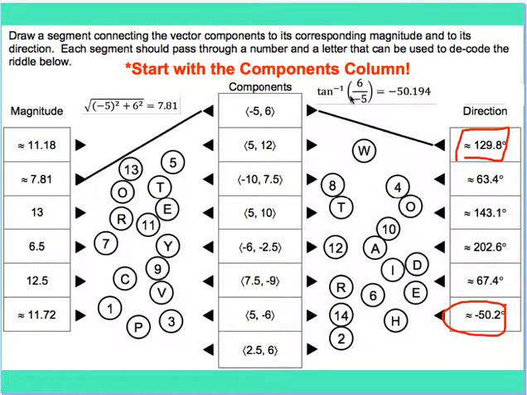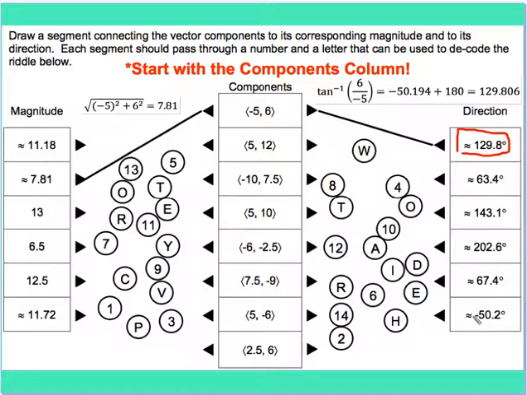If it's less than 0, so if it's negative, then you need to add 180 degrees to it. And then if your A value was 0, then it would be either 90 or 270 degrees. Alright, so in this case, we have a negative A value, so we're not just taking this answer, we need to add 180 degrees to it. When we do that, we get the correct answer,